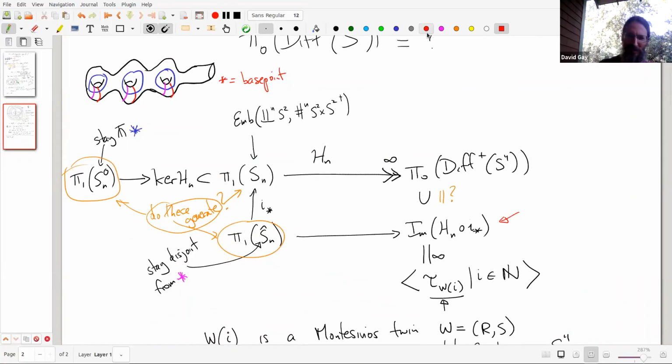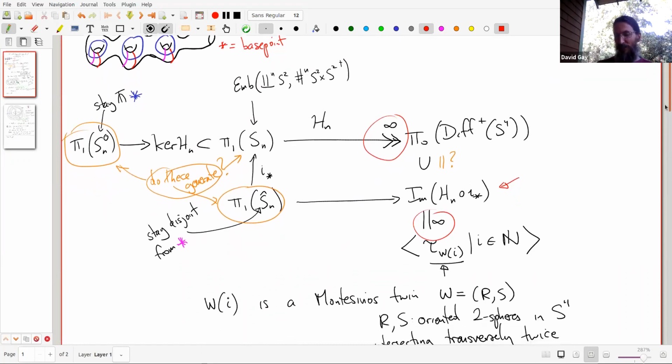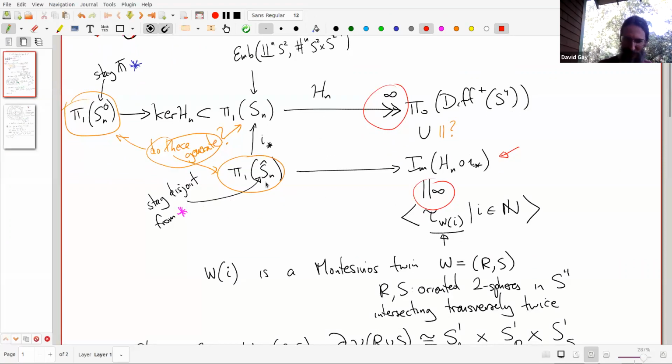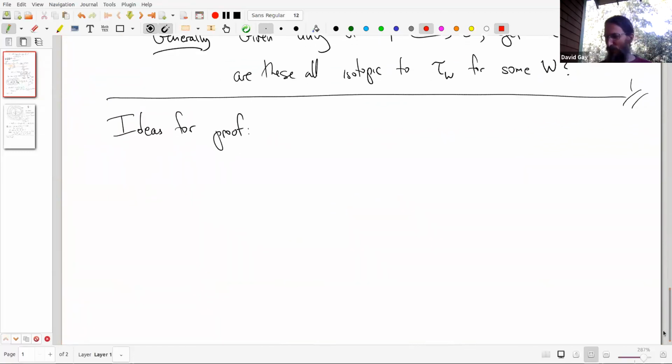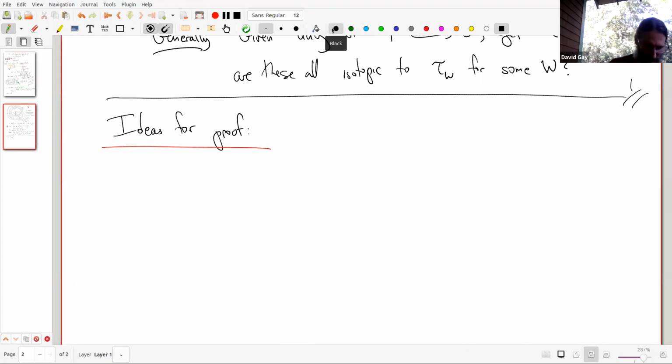So one thing is to prove the surjectivity, and then another thing is to prove the equality of the things coming from this subgroup, and show why they come from these Montesinos twins. I'll try to sketch both kind of quickly. So first of all, surjectivity